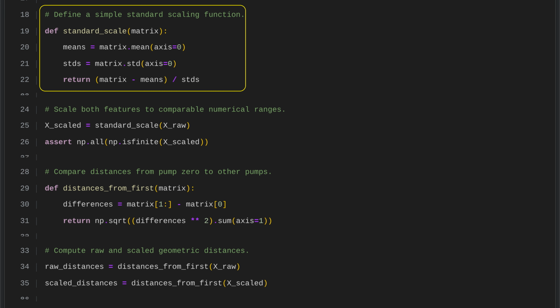The standard scale function standardizes a matrix by working column by column. It subtracts each column's mean to center the data, then divides by that column's standard deviation to scale it. The result is a matrix whose features have mean 0 and standard deviation 1, which helps many machine learning algorithms